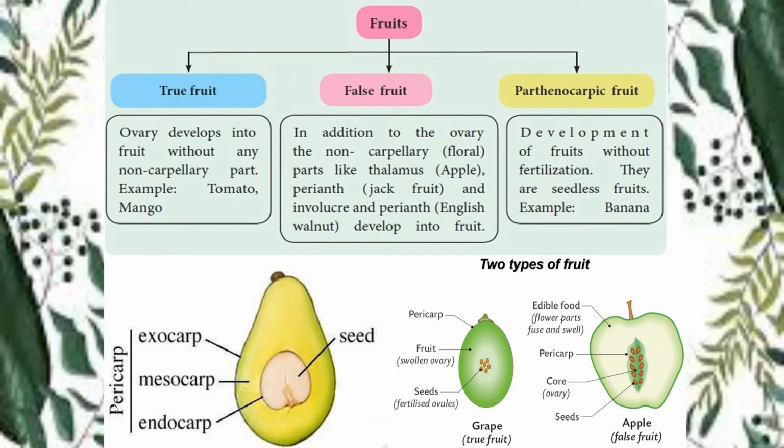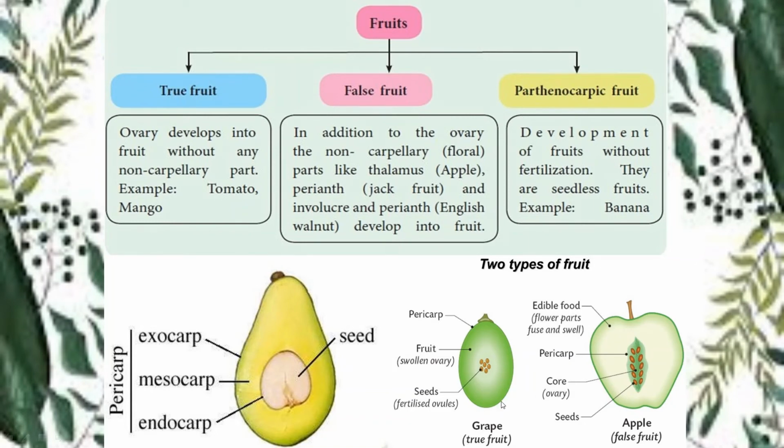So what are the parts of the fruit? See, pericarp, and this is the seed. The pericarp consists of the exocarp, the outer one, the mesocarp, the middle one, and the endocarp, the innermost one, and this is the seed. Epicarp is the upper layer, and the fleshy layer is the mesocarp; all three together make up the pericarp. Clear?